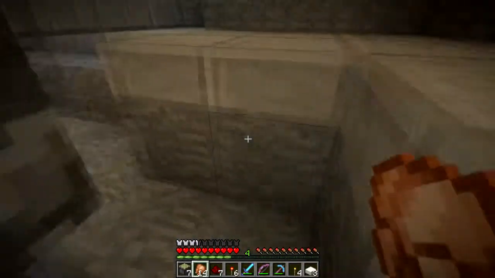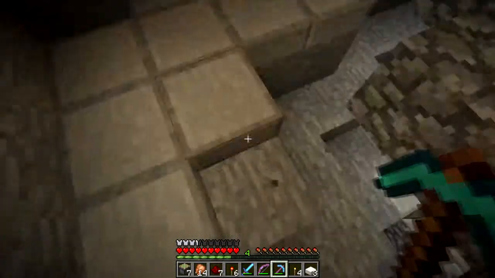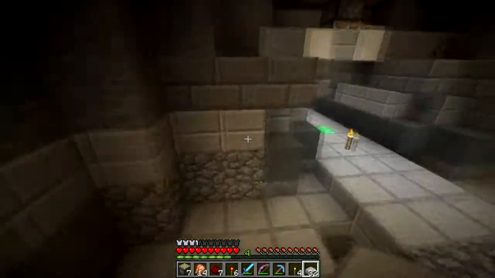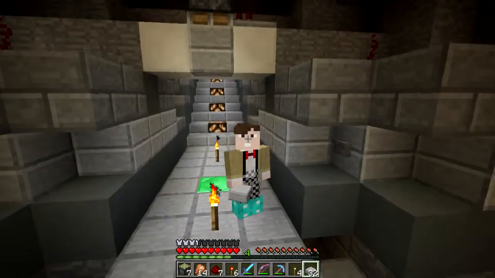A little central hub. And now I'm stuck. Hang on. Get my stuff back. Yes, there we go. Yes, a central hub room. Now, the idea behind this is, I don't know if you can tell, but